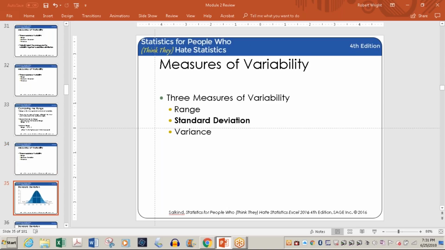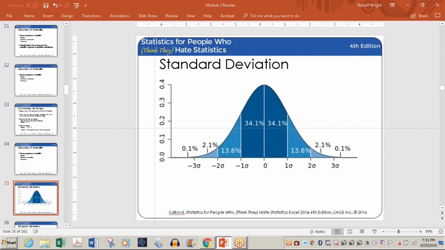We'll have something here. In fact, I might even have it right here. Oh, there it is. Okay. Here's your standard bell curve. If you're not familiar with standard bell curves, this is what's called a normal distribution. This is what is expected in most quantitative studies. They think you're going to have this normal distribution. Okay, 0, that's your mean right here, whether it's test scores, or age, whatever.